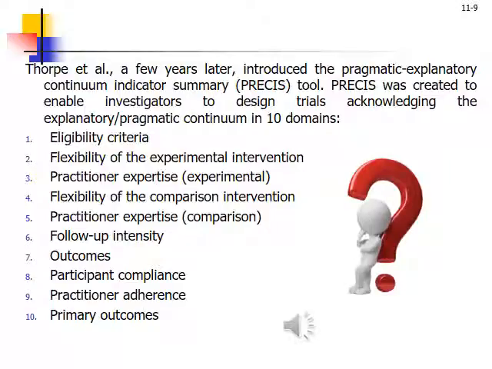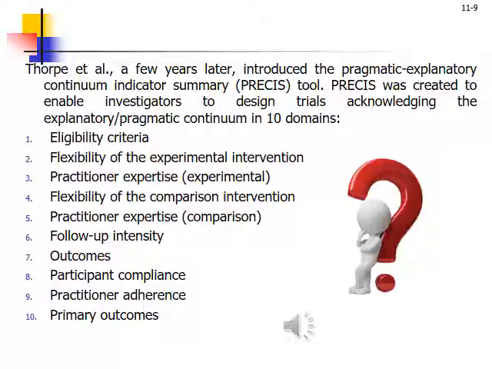Thorpe et al., a few years later, introduced the Pragmatic Explanatory Continuum Indicator Summary tool. PRECIS was created to enable investigators to design trials acknowledging the explanatory-pragmatic continuum in 10 domains: eligibility criteria, flexibility of the experimental intervention, practitioner expertise (experimental), flexibility of the comparison intervention, practitioner expertise (comparison), follow-up intensity, outcomes, participant compliance,